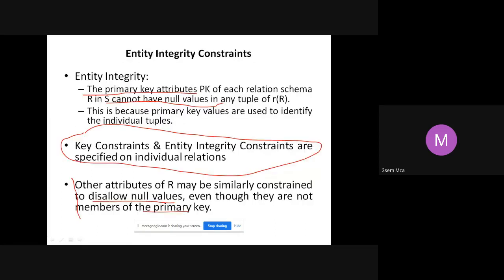That is your entity integrity constraints, wherein generally we speak of the primary key constraints or the constraints which you generally apply on individual tables. You call them entity constraints because you are applying them on that entity. Entity means you are converting an entity into a relation or a table. So whatever you are applying on that particular table, that particular relation, you call it an entity integrity constraint.